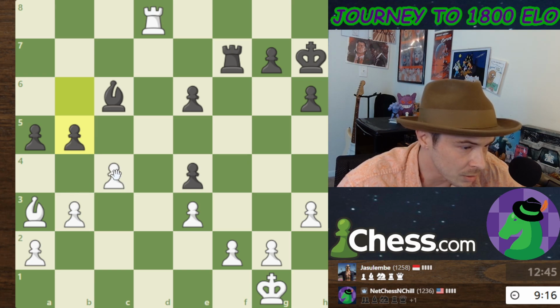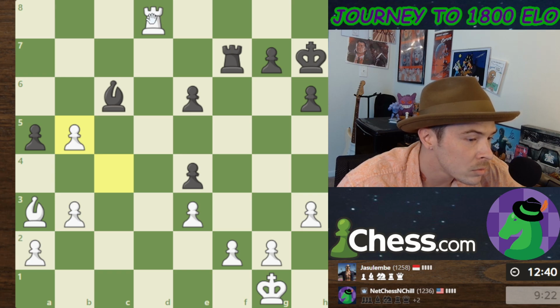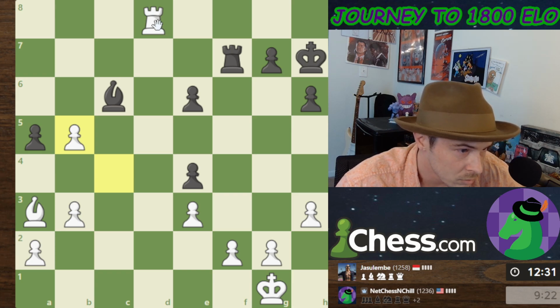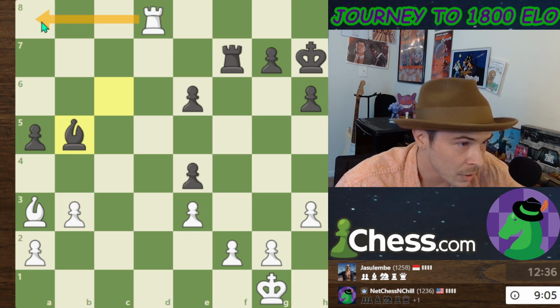So it looks like he's threatening to do that. I can just take, which I think I should do. I can move here. Where does my opponent go? Here, maybe. I can also do this, but then he just pushes. No, that doesn't work. So if I go here,